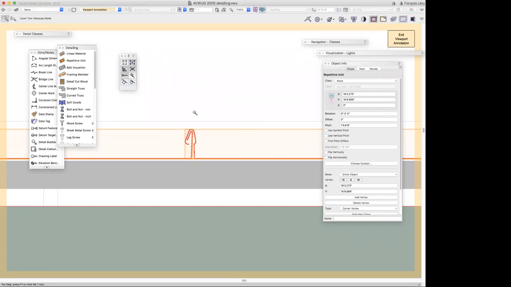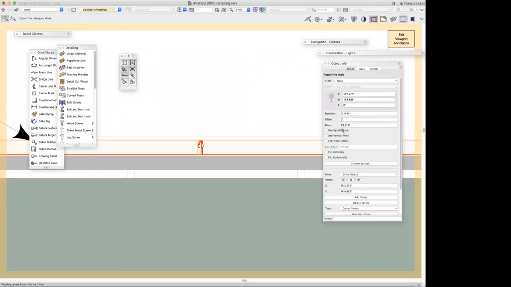And so rather than just pasting the symbol and arraying it over and over again, you just have this repetitive unit. So it's great for doing a run of comp shingle, any number of uses. And you can specify the offset and pitch and rotation. You can flip it, and so forth. So these are sort of time-saving tools that you might